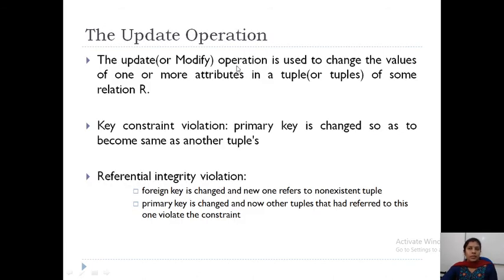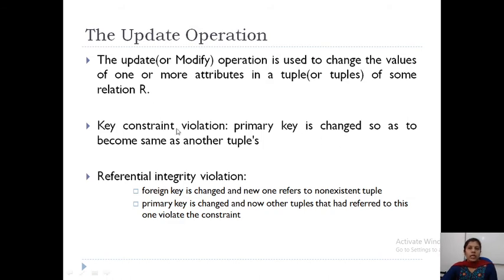Now the update operation. Update means you are modifying the content in the table or the relation. When you update, what constraints can be violated? Domain can be violated because suppose you enter a value which does not satisfy the domain constraint, or key constraint, entity integrity, and even referential integrity. So all these 4 constraints can be violated during an update operation.